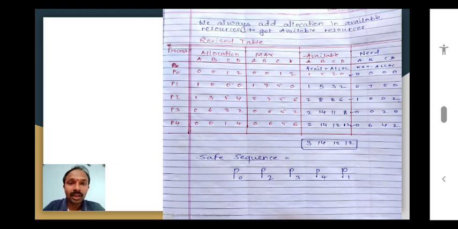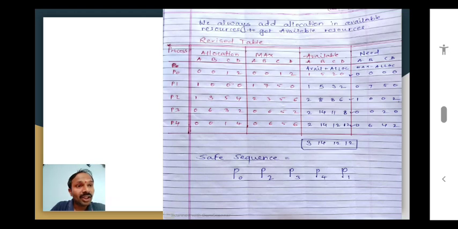Now your final responsibility is to calculate the available resources, right? So available resources will be, as I have mentioned above, we always add allocation in the available resources to get the available resources. So available will become available plus allocation, right? Now see guys, 1520 is given to us, right?